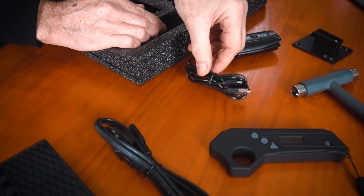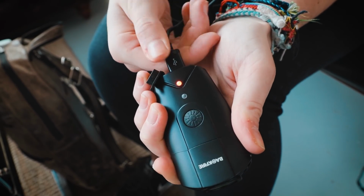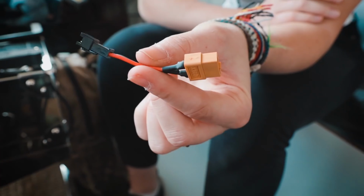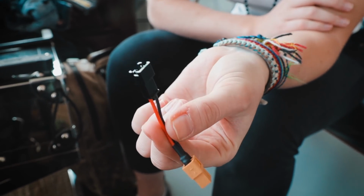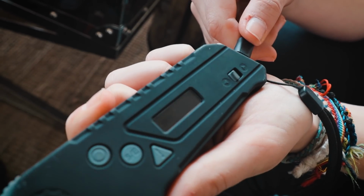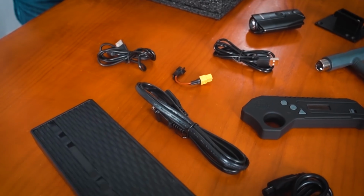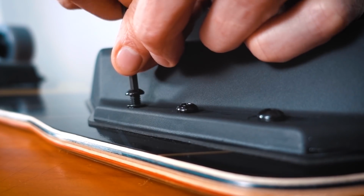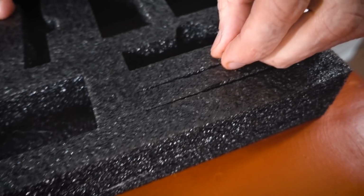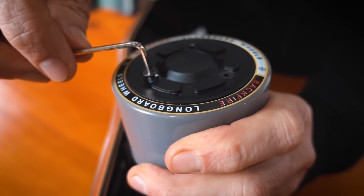This micro USB cable is for charging the headlight. This cable is for Backfire's customer support to help you troubleshoot the board in case something's not working. This USB-C cable is for charging the remote. Extra screws for the ESC and battery enclosures, a hex key for those screws, and a hex key for changing the hub motor sleeves. So moving on,